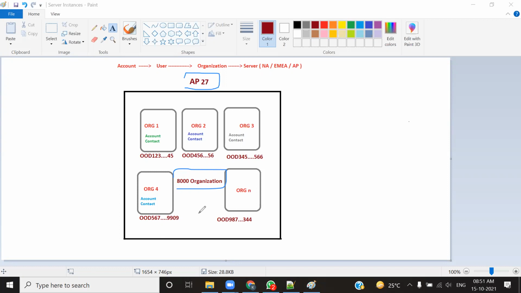8,000 different accounts, developer, enterprise, professional, unlimited, whatever, but 8,000 different organizations can be created on a single server. And every organization, whichever edition it is, it's not that unlimited has something different, or enterprise and professional have something different. No no, every organization, whether it's a developer account, whether it's an unlimited account, whether it's a professional account, whether it's an enterprise account, whatever, every organization always